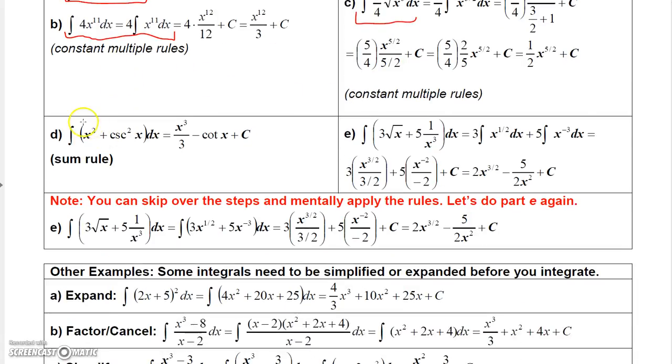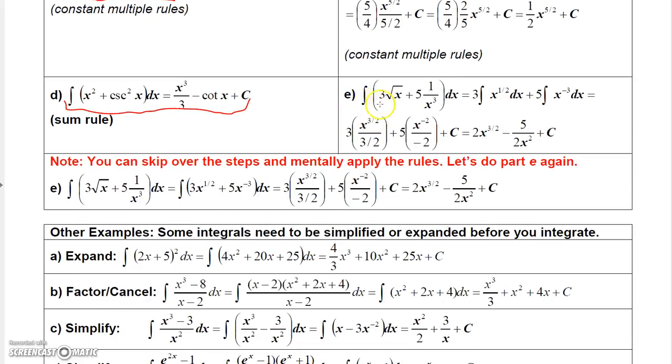And then this is the sum rule, but I used a trig function, so if you want to, you can skip this one. I'll just go ahead and go over this sum rule. This is the integral of 3 square root of x plus 5 over x cubed dx. Well, that's the same as 3 times the integral of x to the 1/2 dx plus 5 times the integral of x to the negative 3 dx. So then you can integrate x to the 1/2 using the power rule, and you get